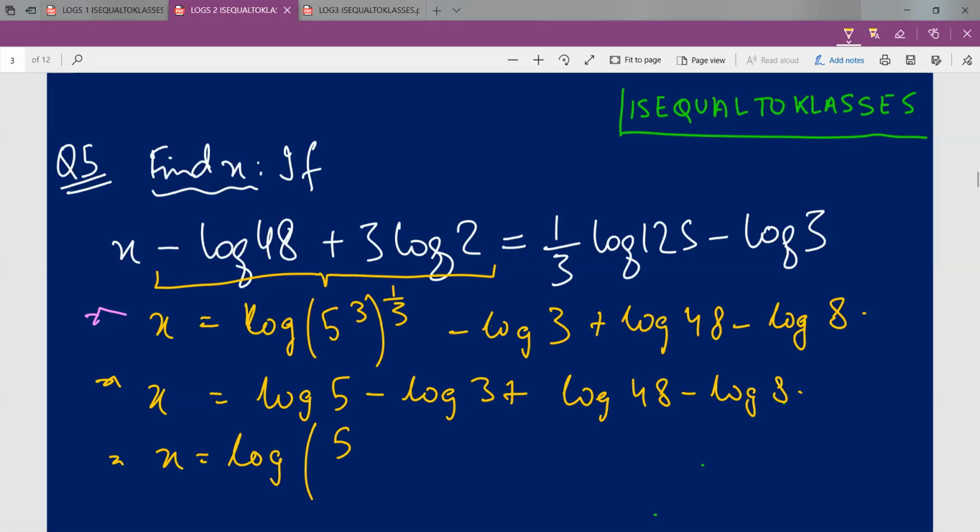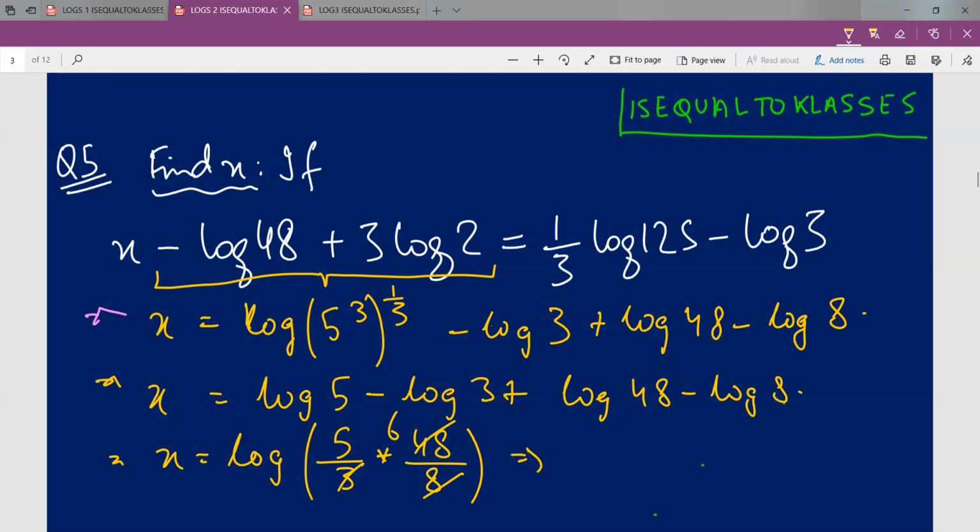So where there's minus, there'll be division, and where there's plus, there's multiplication. 48 minus. So where there's minus, according to the second law, there will be division. 8. This in turn will be equal to